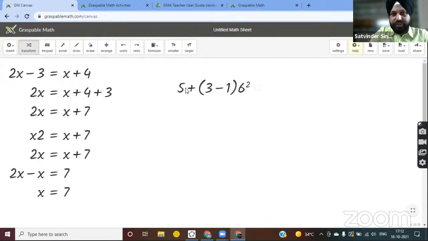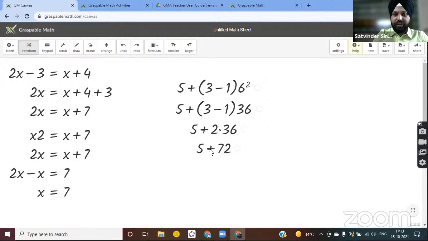Now, of course, you can click on anything, but if something is not mathematically possible, it will not perform that operation. So let's say I'm going to click on this plus. So look at this, nothing is happening because you are well aware that the things within the bracket should be simplified first, or you can simplify 6 square first. So you can click on 6 square. Look at this, it converted into 36. Now I can click on minus. So it got 2 times 36. I will click on the dot, it will give me 72. Then I'll click on plus